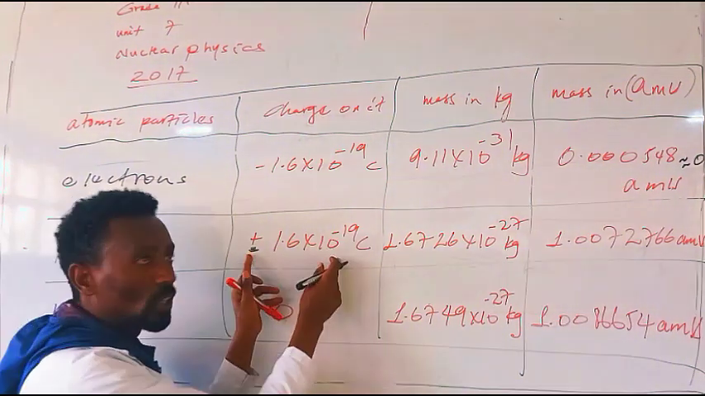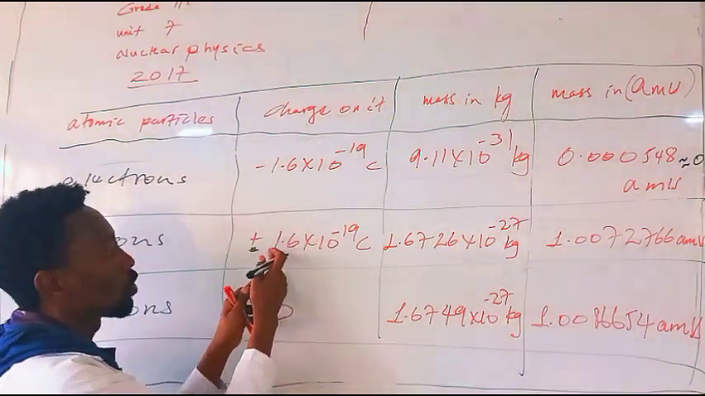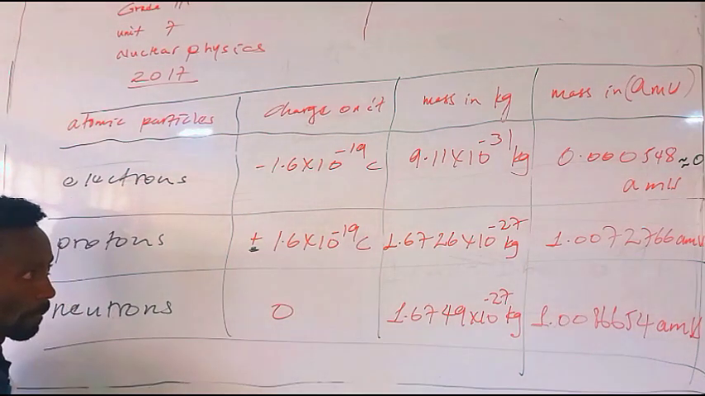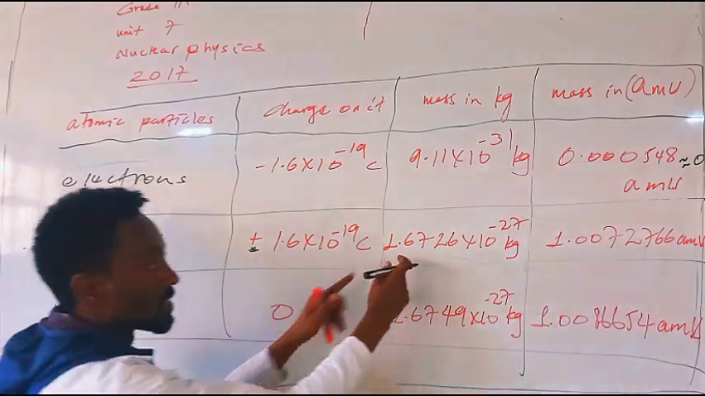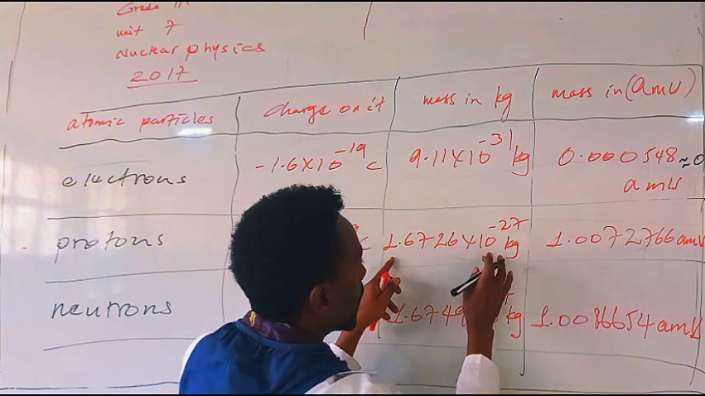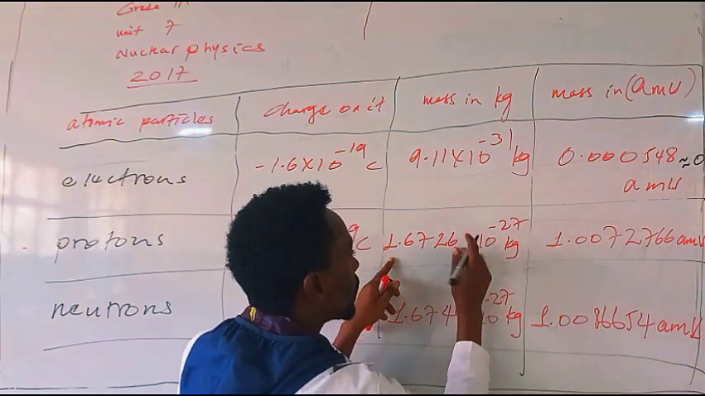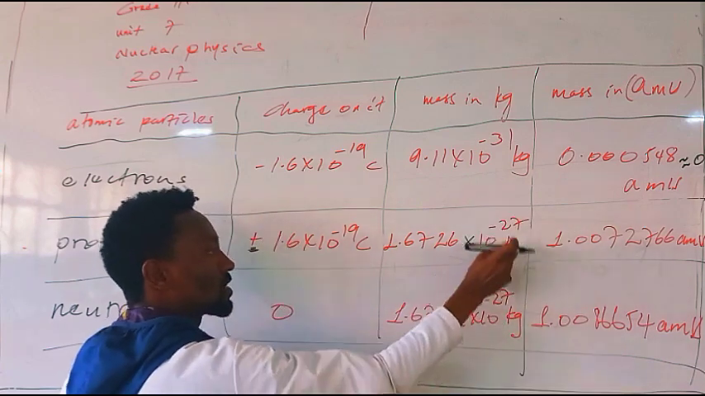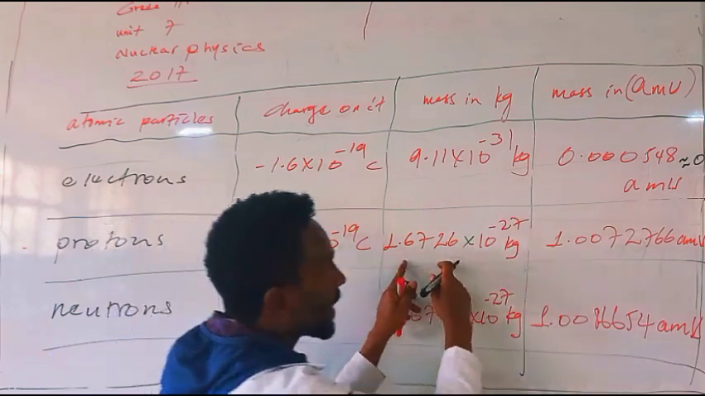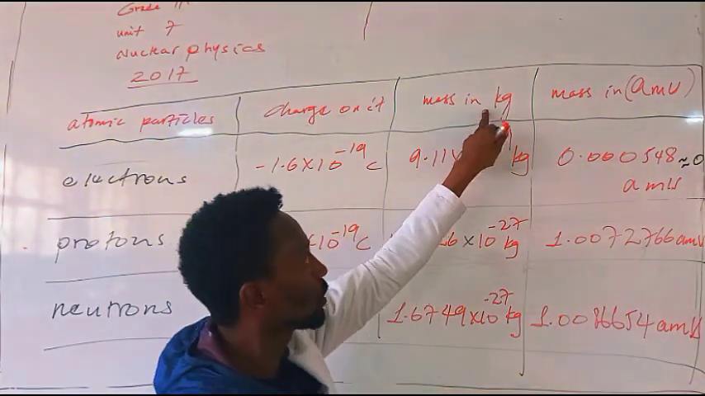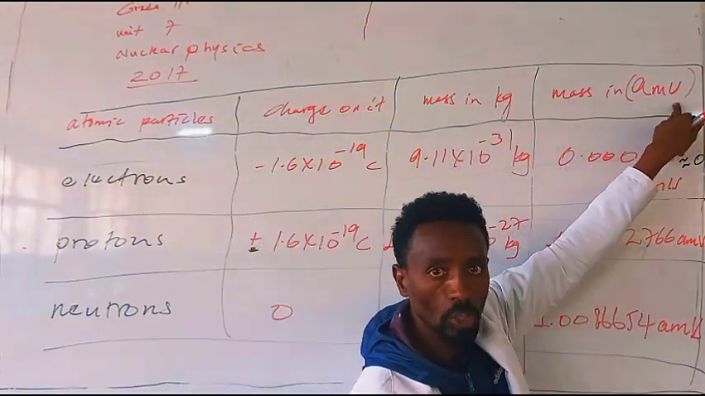This carries positive charge, this carries negative charge. So 1.6 times 10 to the power minus 19 coulomb. Then the mass of a proton is 1.676 times 10 to the power minus 27 kilogram. But again, by the relation we discussed previously between kilogram and AMU, you can change this